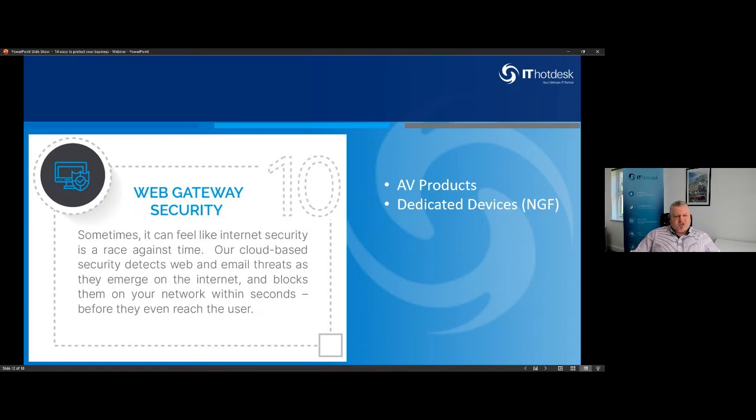On to number 10, which is Web Security Gateway. So here I want to talk about the threat that connecting your computers to the internet can cause, and why you should be inspecting the traffic coming in and out of your network. A few years ago, it was just simply too expensive to implement an intelligent threat protection gateway on a small business network. Larger enterprise companies can afford £15,000 appliances that inspected information as it came in and out of the network. However, as with everything in technology, the price has lowered and access to these devices is now more common